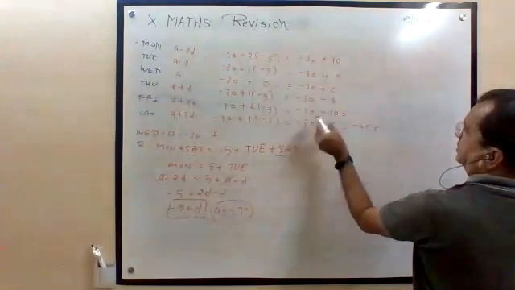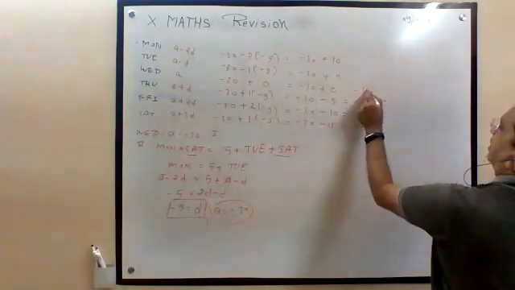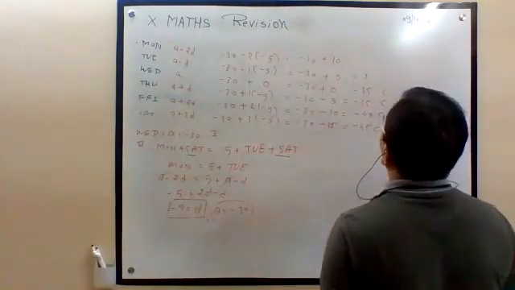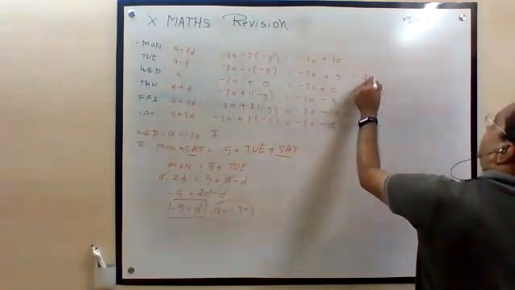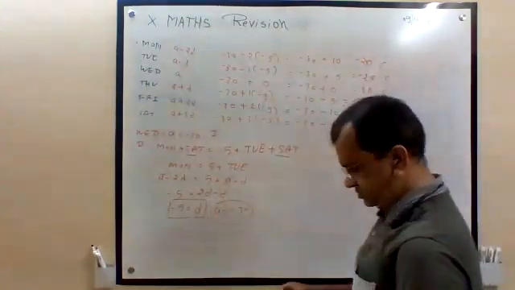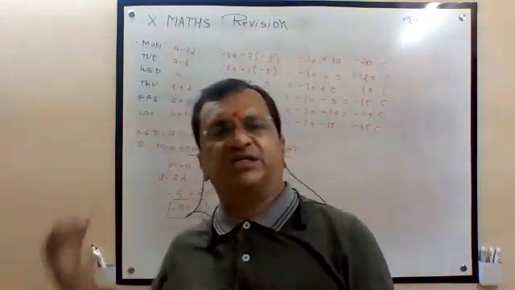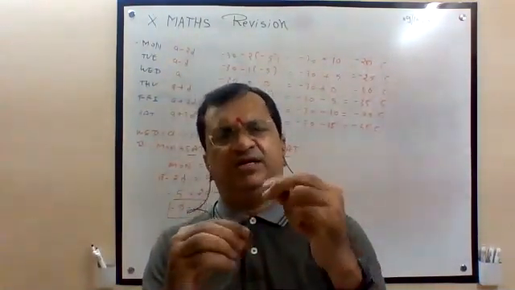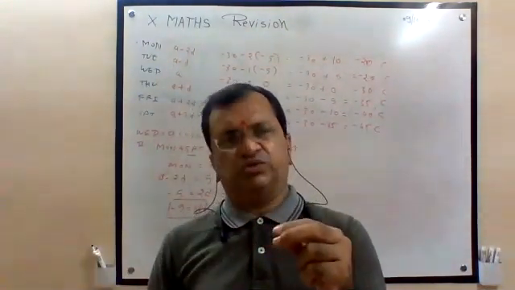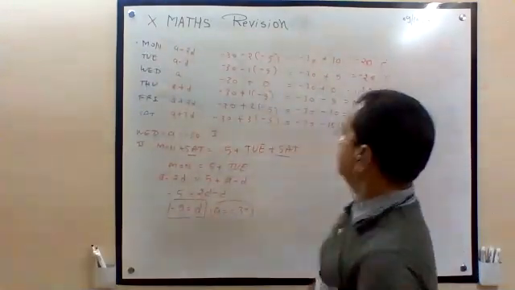So this is minus 45 degrees centigrade. This is minus 40 degrees centigrade. This is minus 35 degrees centigrade. You can see 5 difference, that is, your answer is correct. In AP, like this. So for 3, 4, 5 terms, you have to consider like this. Middle one, if there is double middle, anyone, A plus D, A plus 2D, A plus 3D, like that. Upper, A minus D, A minus 2D.